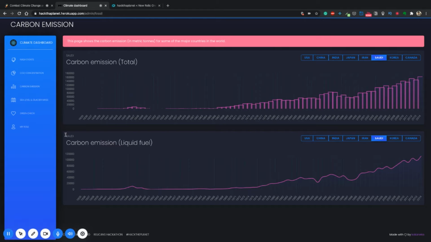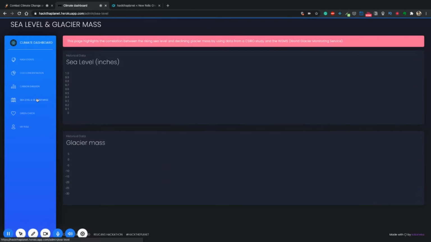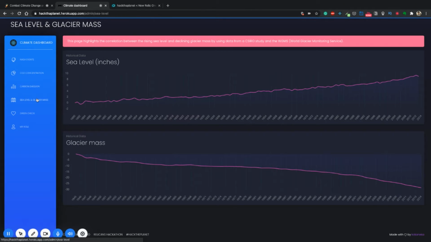Now, as an impact of this carbon emission, we can check the impact it has had on planet Earth. This historical data measures the increase in sea level in inches. The baseline, at around 1880, is taken to be zero, and then we initially see a dip.